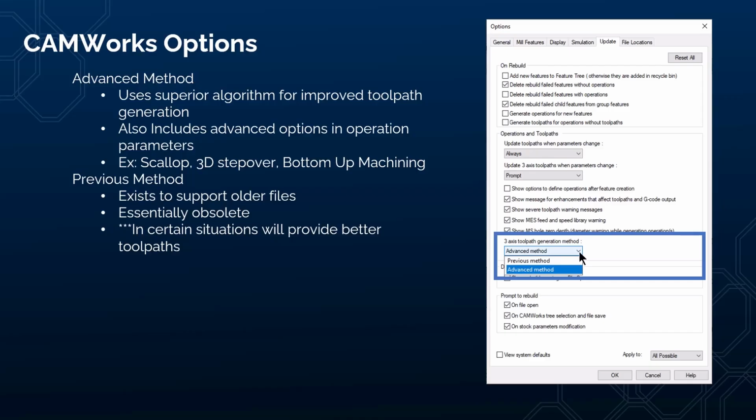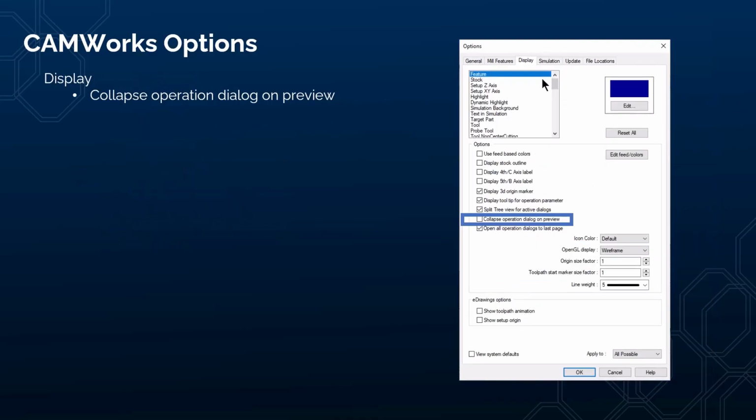Okay, so make sure you have the advanced method checked on under the update page. Next, under the display page, there is an option called Collapse Operation Dialog on Preview. This option will minimize your operation parameters menu anytime you click the preview button. This is very annoying. My recommendation is to have this option unchecked. That way you can easily modify parameters and preview toolpath changes without having to maximize the operation parameters menu every time. This tip is an